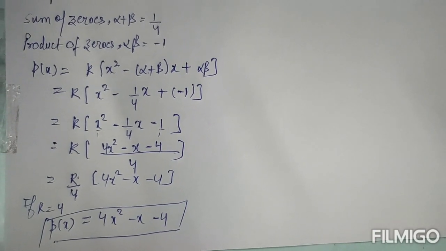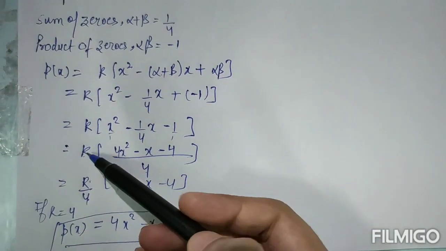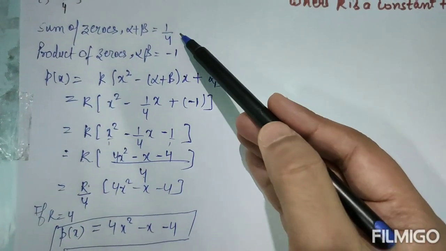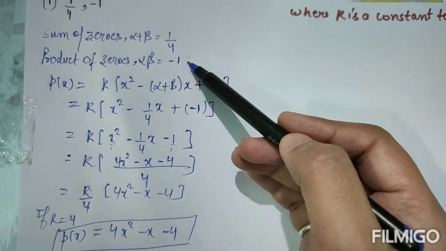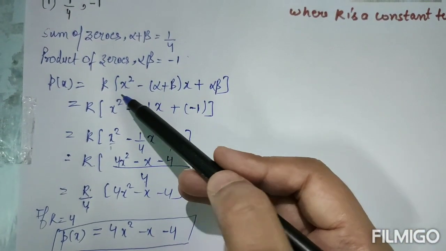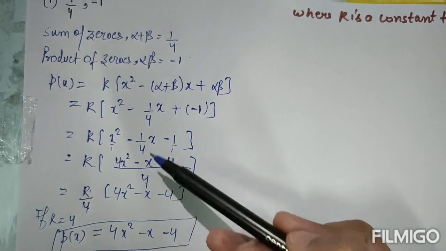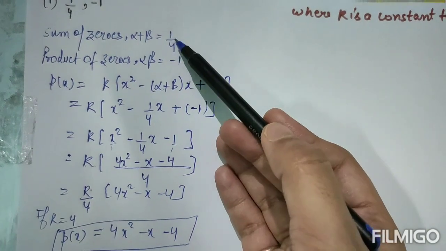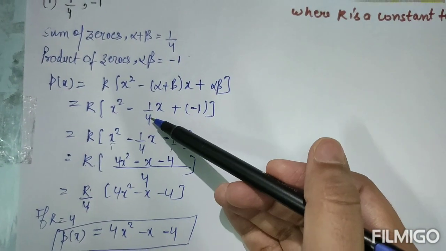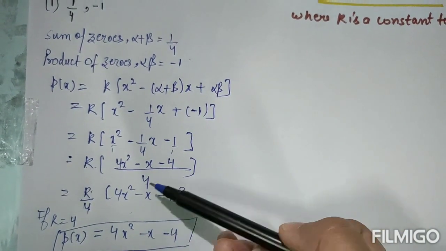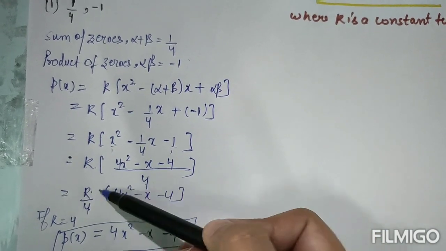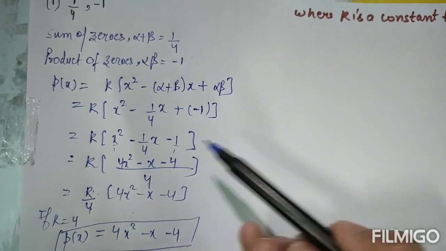Now move to our next part. This is why I have written k. Look, if these two are whole numbers, we don't have to write k there. k will be 1 itself, and you can easily solve it. But now as the sum is in fraction form, we have to take the LCM, and to remove this, we have to let k be some number.